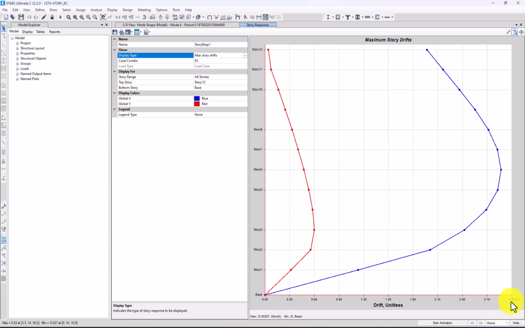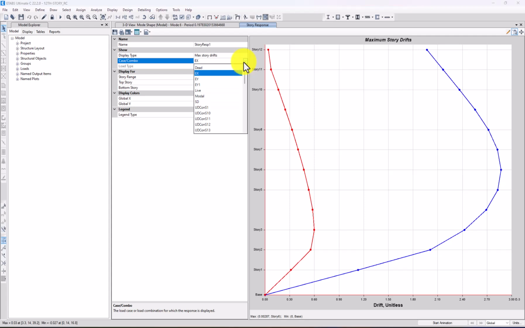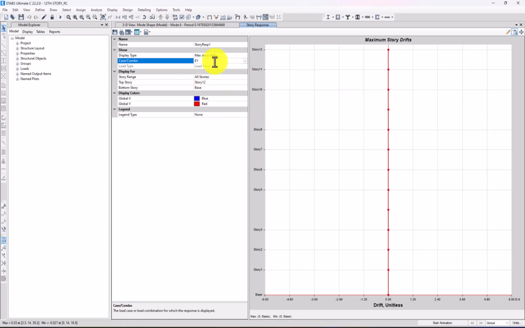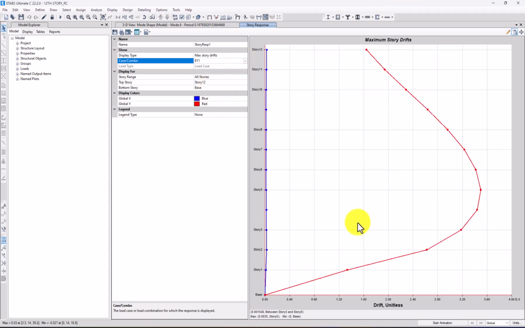So the drift, if you multiply by 100, will be less than 2.5%. So it's 0.27, which is less than 1. So the structure is quite stiff, and it's okay. You also can see that in the y direction. So in the y direction, in maximum story drift, all stories, y1, yeah, that's y1. So it's a little bit higher than the previous, the x,